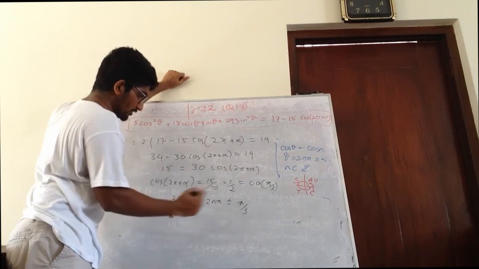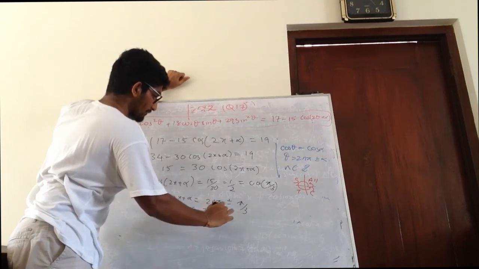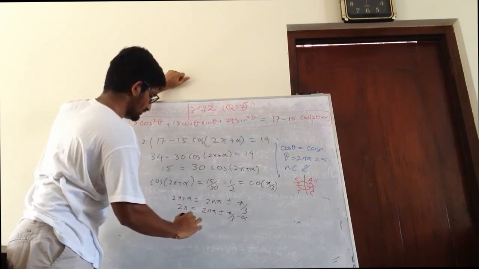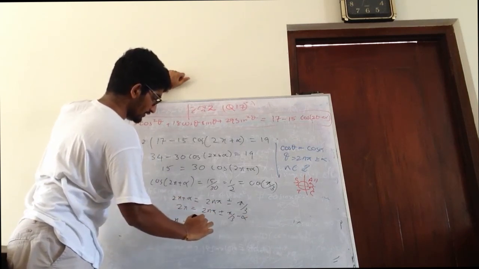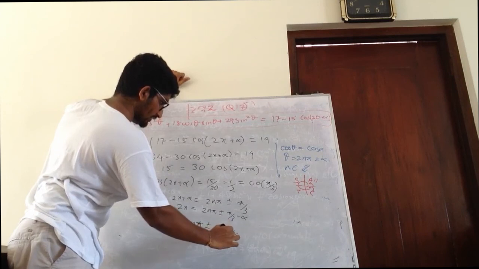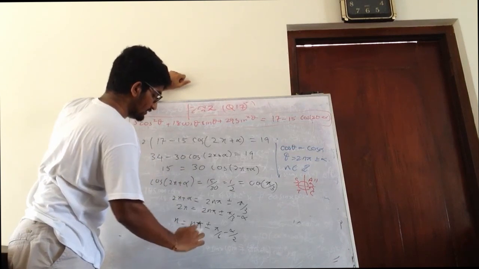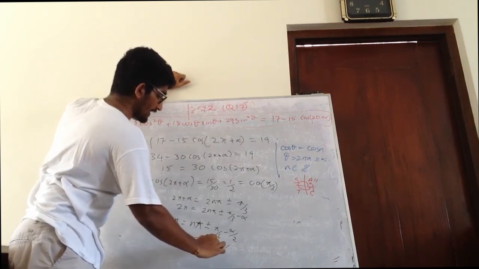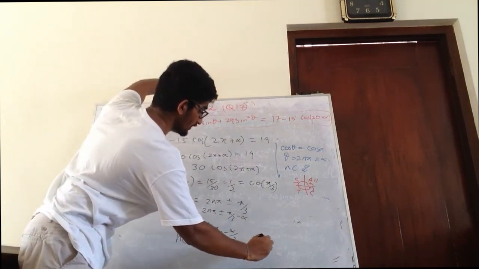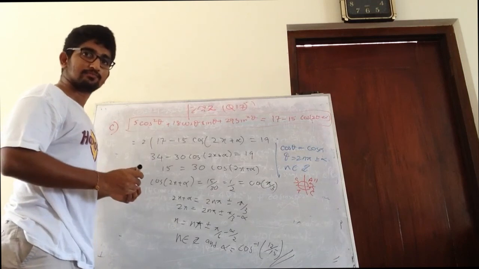So here you will get, now you need to find x, no? So 2x is equal to 2n pi plus or minus pi over 3 minus alpha. X is, you divide by 2, n pi plus or minus pi over 6 minus alpha over 2. So now you have to write that n is an integer and alpha is what we previously found, no? That was cos inverse 12 over 50. So that's basically it, right?